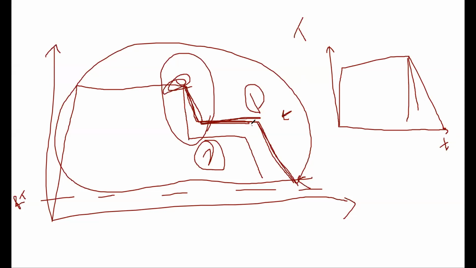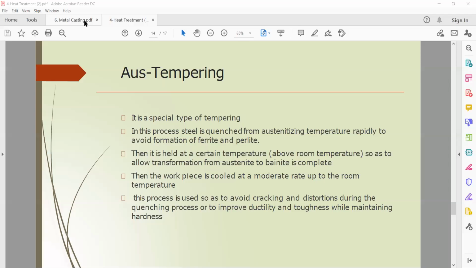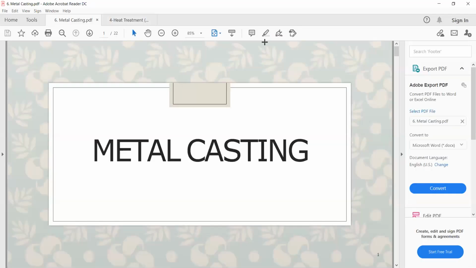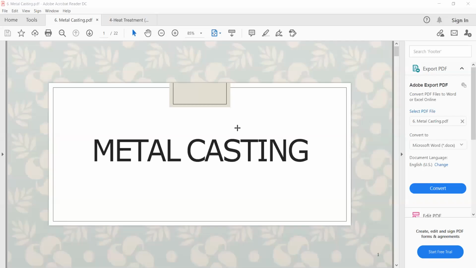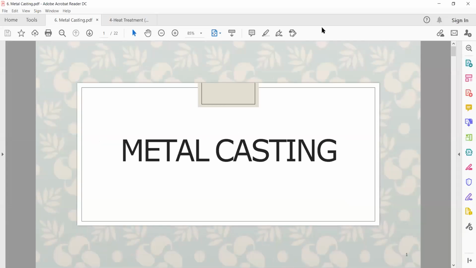So this is the heat treatment process. If you have any doubt, then we can move to the casting process. If you have any doubt,